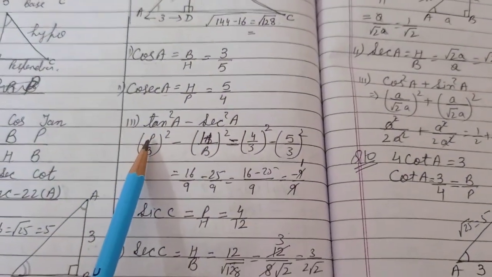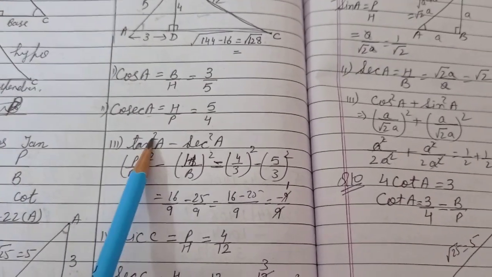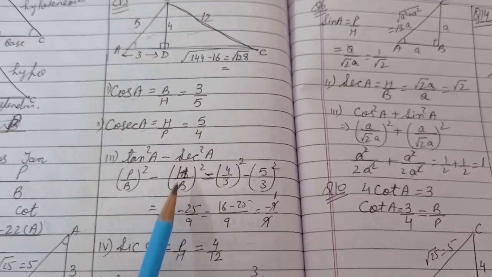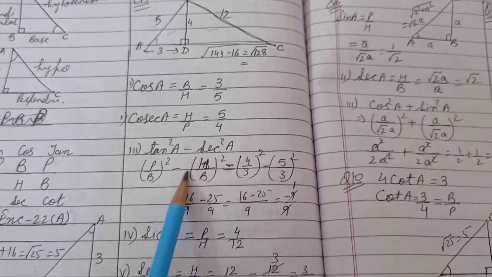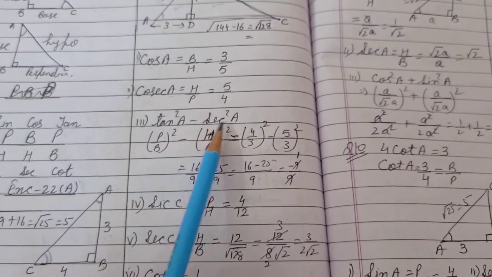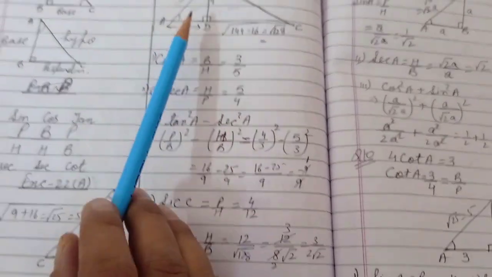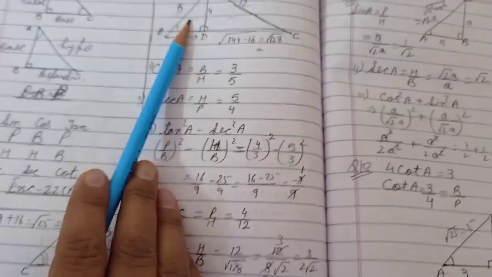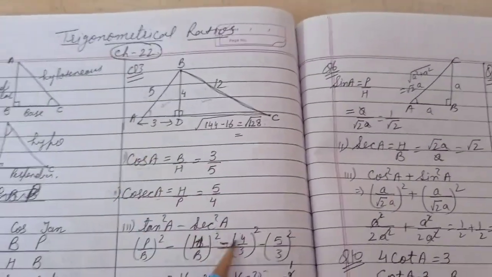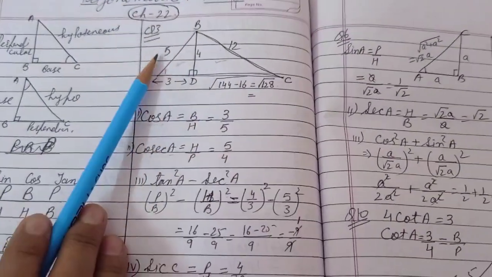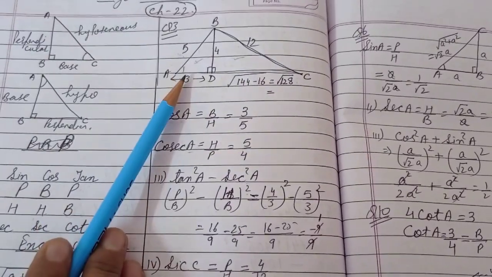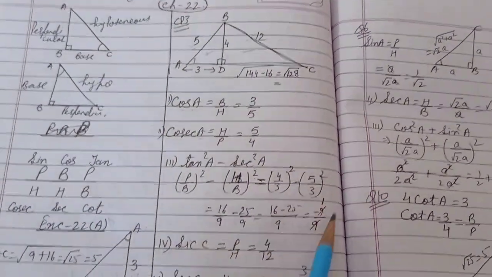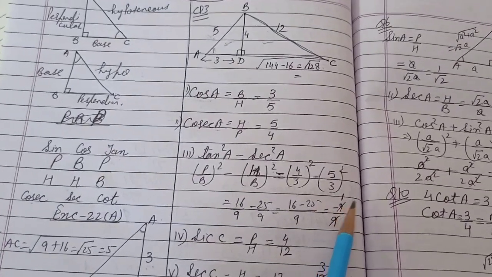Next is tan square A minus secant square A. What is tan? Tan is perpendicular over base. Square is given. So, we will write here square. Minus secant is h over b. Square is there. So, we need to write here square. As the angles were A only, so we have to select this triangle only. Clear? So, P of this triangle is 4, base is 3, 4 by 3 square minus hypotenuse is 5 and base is 3. I wrote here square. So, you can solve. The answer will be minus 1 of this.